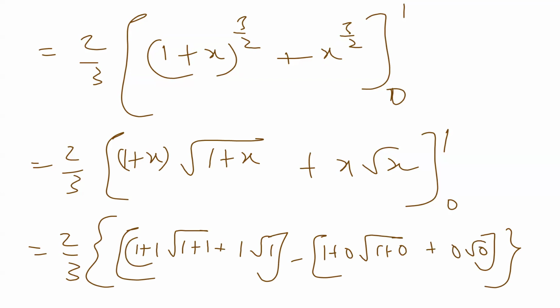Put all the brackets and everything very clearly, right? So this is 2 root 2 and this is 1, this also is 1 and this is 0. So 2 by 3